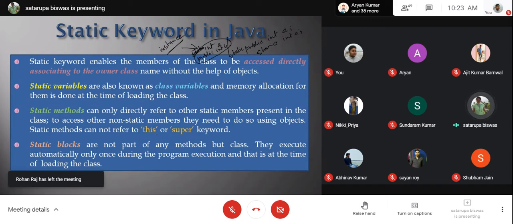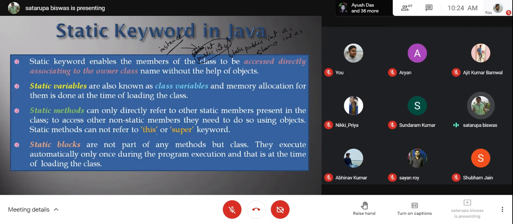So inside a static method, you cannot use the this keyword. And the super keyword also you cannot use, because it also refers somehow to objects. So these things are very special about the static method.